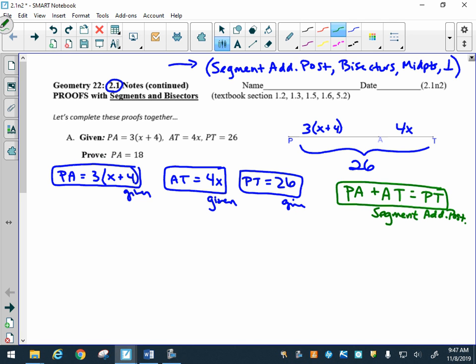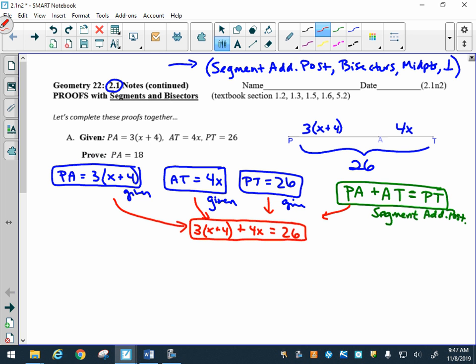Now this is already an equation, has an equal sign. So we are now ready to substitute into that equation. So all three of these can be substituted in to say 3 times x plus 4 goes in for PA, plus 4x, which goes in for AT, equals 26, which goes into PT. This is substitution. Now we just proceed like we always did with our proofs. You're going to solve this algebraically. First thing we need to do is distribute, show every single step,